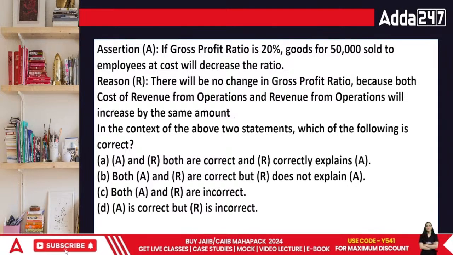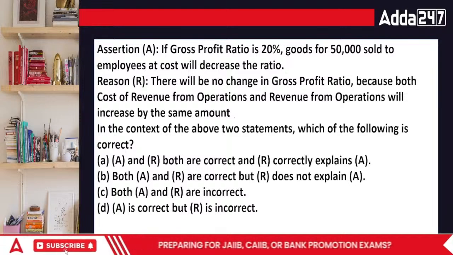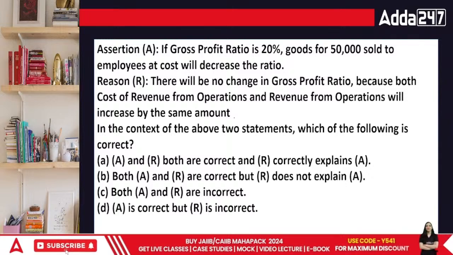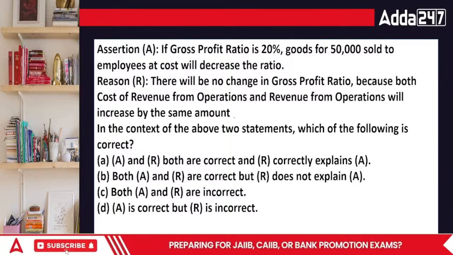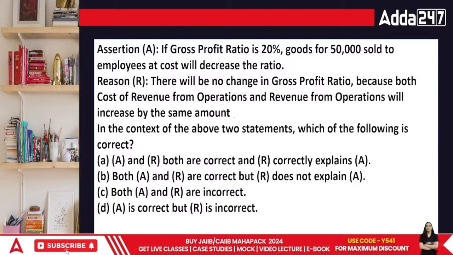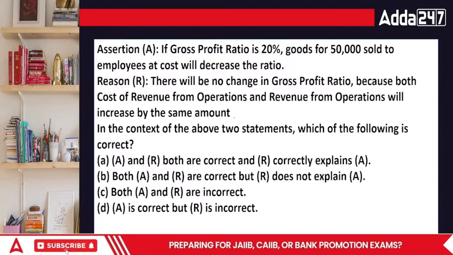GP ratio is based upon production. NP ratio is based upon the sales that you are making out of that production. What would be the answer? GP ratio is basically the ratio which is strictly related to the area of a trading account, while NP ratio is something that gets into